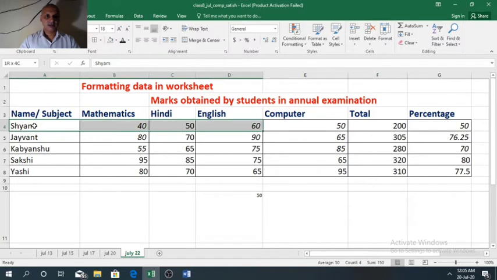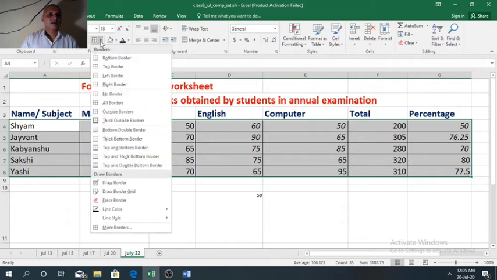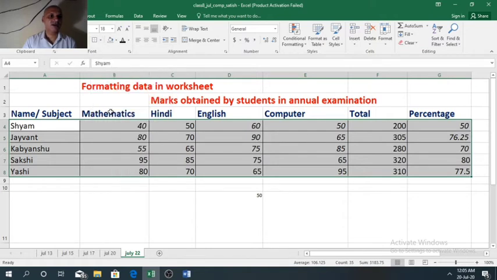Select the data again. If you want to apply the border only outside, we have the outside border option here.